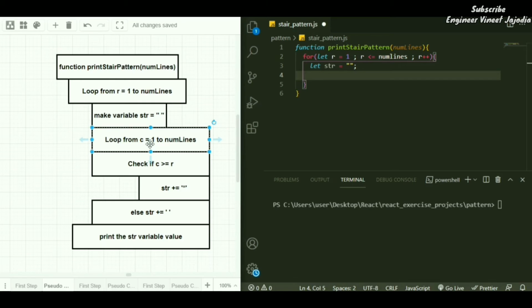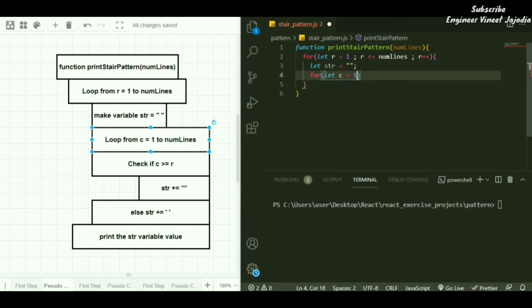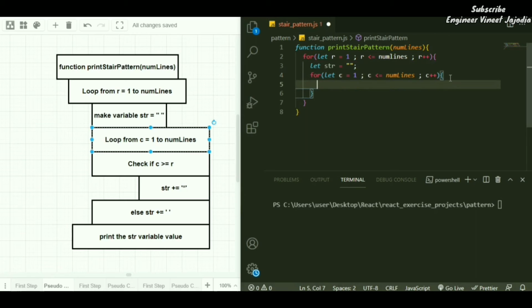After that, we are going to loop for columns. So for let c equals 1, c less than or equal to number of lines, c plus plus. While looping through the columns, we are going to check if the value of column is greater than or equal to r.